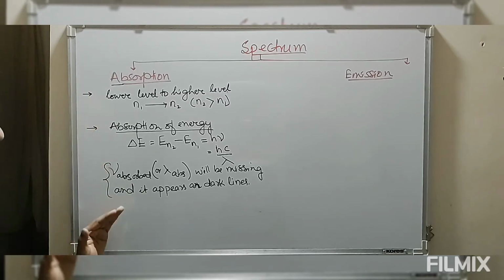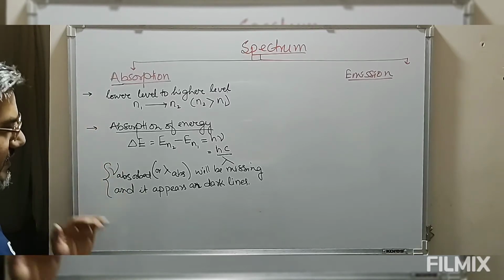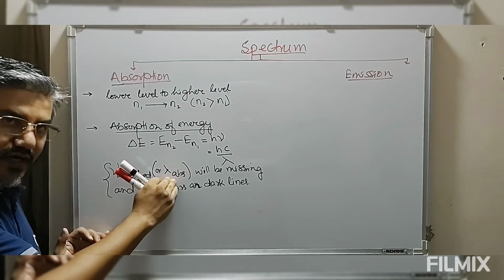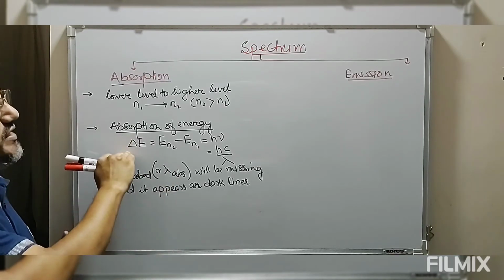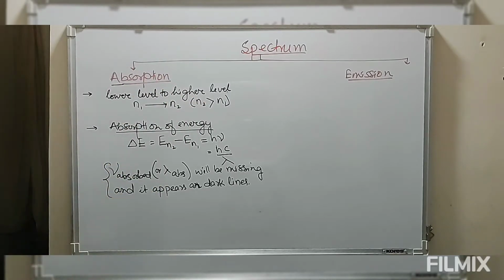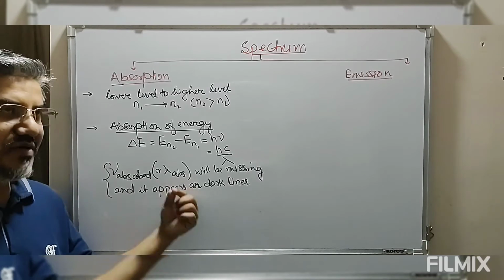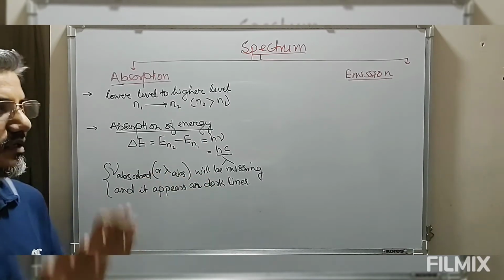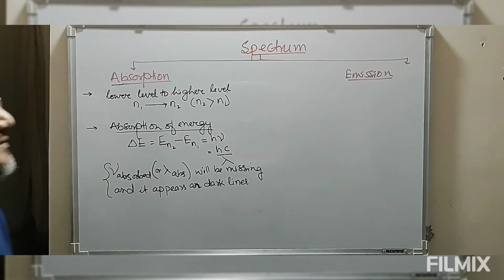So in absorption frequency, we are measuring the frequencies absorbed, or the wavelength absorbed, by the system when it undergoes excitation from the lower level to the higher level. The frequencies observed will be missing in the spectrum, and this will appear as a dark line. Now, on the other hand,